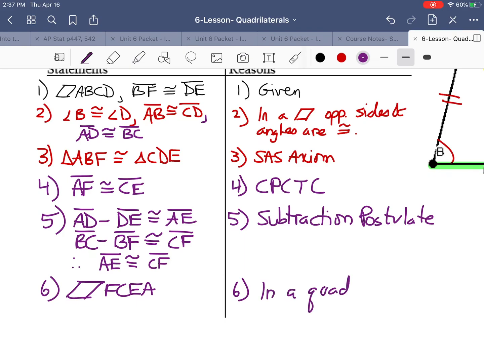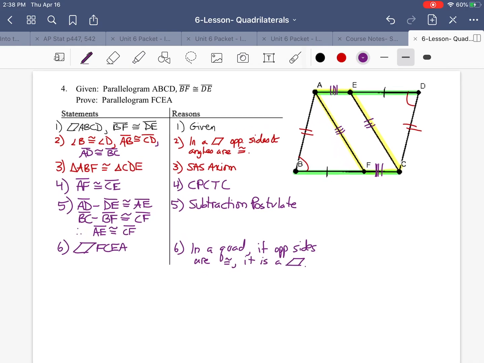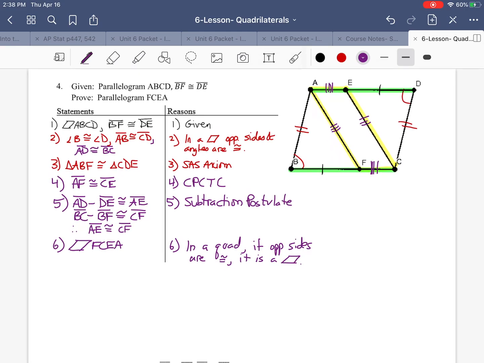In a quadrilateral, if opposite sides are congruent, it is a parallelogram. All right, very shorthand in terms of the notation, but